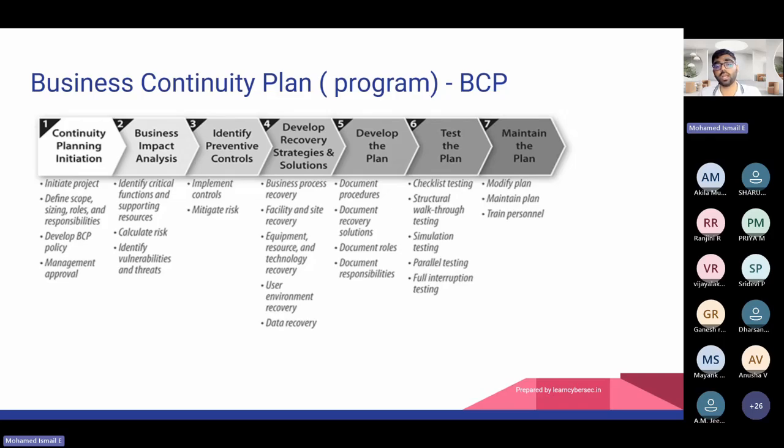Next, develop the plan. They need to develop the documents, recovery solutions, and everyone's responsibilities. Who will communicate to the employees, who will communicate to the customers, who will take care of the office premises, who will take care of supplying or enabling milk from a nearby district to the suppliers. These are documented in advance, so that the incident's impact is reduced. We can reduce the impact to a certain level.